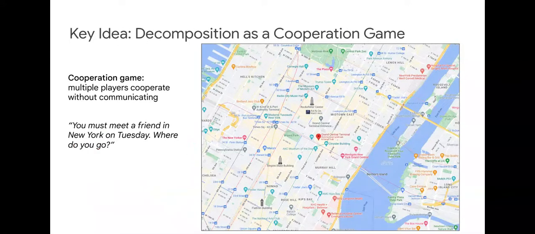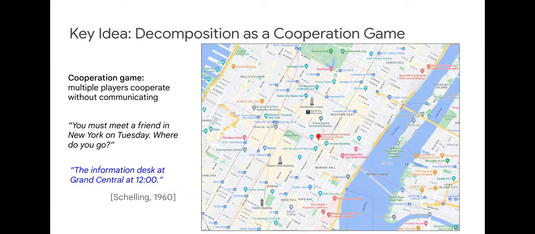One way we can think about this problem is as a cooperation game between different players, which in our case are network instances that each output a layer for a single object. We're inspired by the concept of a Schelling point or focal point from game theory, which is the strategy that players will adopt to cooperate when they're unable to communicate with each other. An illustrative example of this that Schelling proposed is the hypothetical problem of meeting up with a friend in New York on a Tuesday. A survey from that time found that a significant number of people say they would go to the information desk at Grand Central, so this solution would be the focal point of our problem.